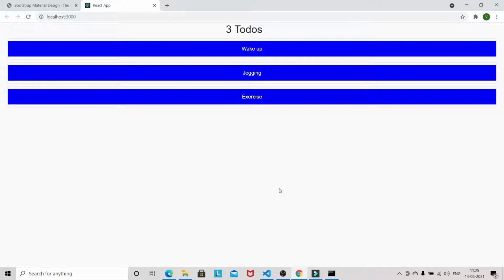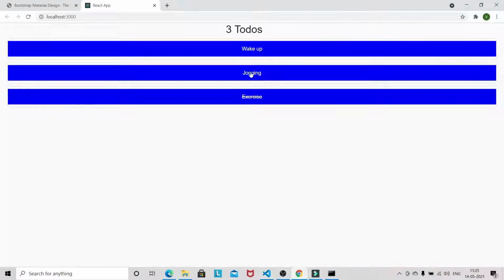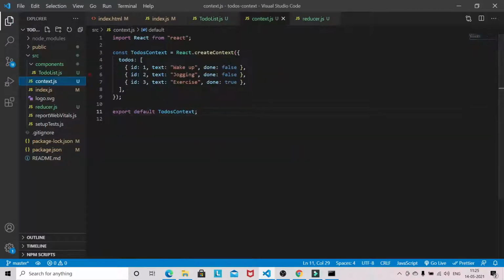Okay, so now the first functionality which we are going to implement is, on double click of any to-do item, it will be marked as complete. Okay, so the value of done will become true here. So let's implement this one.